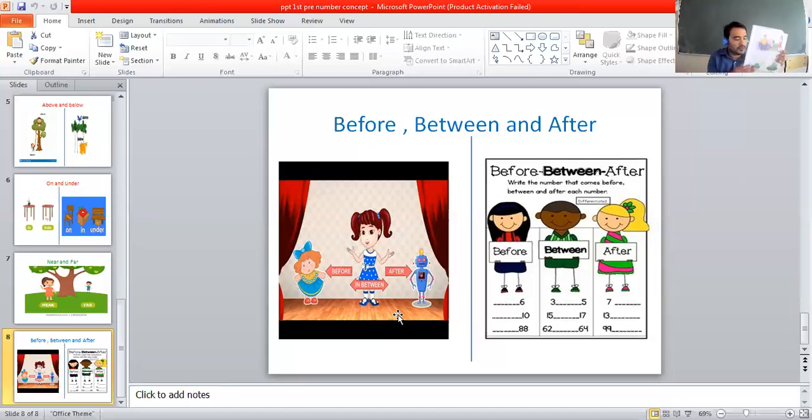Okay, in the before, page number 12. So using the between and after, before and after. Okay, so now draw the hut, beautifully shade the hut. Okay, so in this concept, before, between and after. So look at that. So you know the numbers. UKG students, we have already learned in the UKG classes. You have to learn 1 to 50, I think, or to 100 numbers. You know. Okay. Just once again recall the concept.